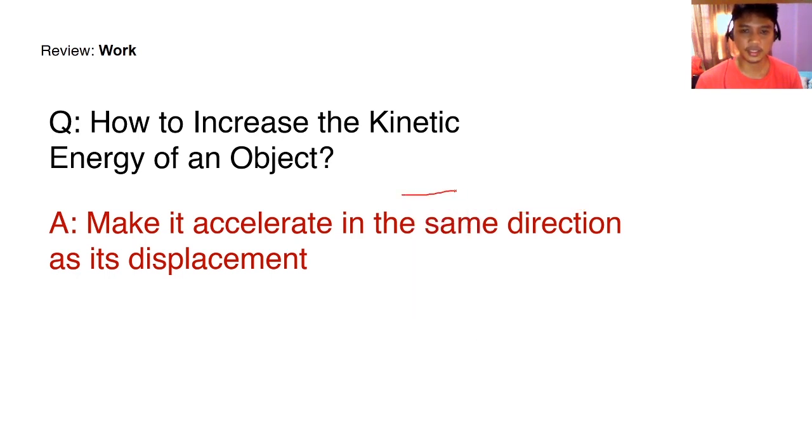If the object is displaced to the right and it has an initial velocity to the right, and your acceleration is also to the right, then you expect that that initial velocity will grow,